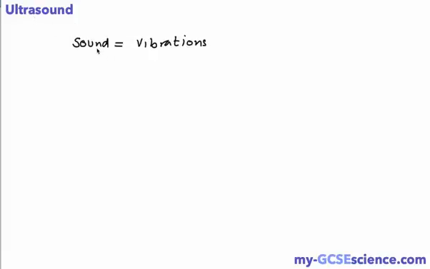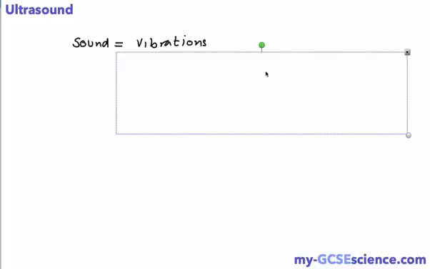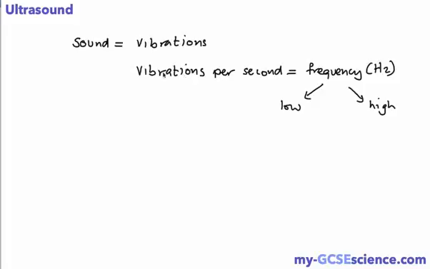we just need to think about firstly what sound is. Sound is actually any material or object that vibrates, and if it vibrates enough it can create a sound, and we measure that sound by looking at its frequency, and frequency just means vibrations per second. So the number of vibrations per second is the frequency. It's measured in hertz, and hertz just means